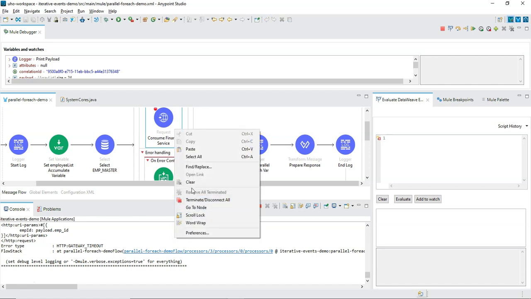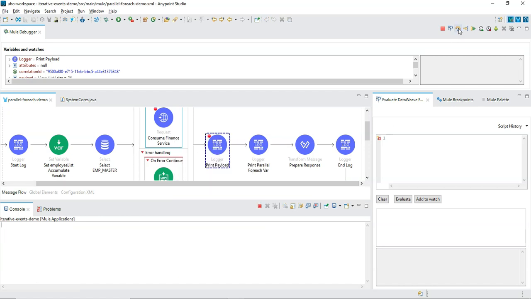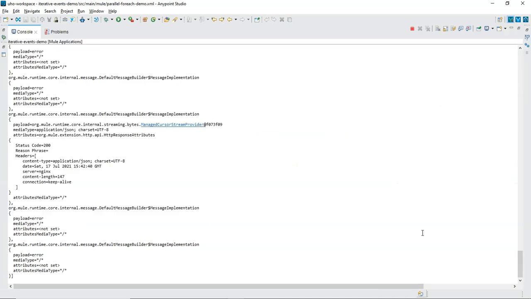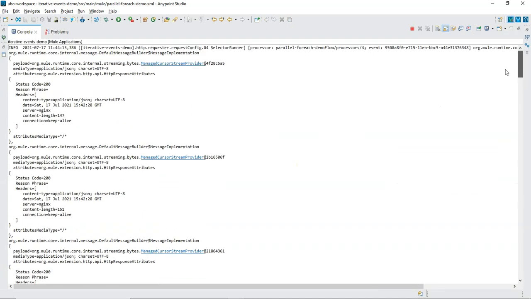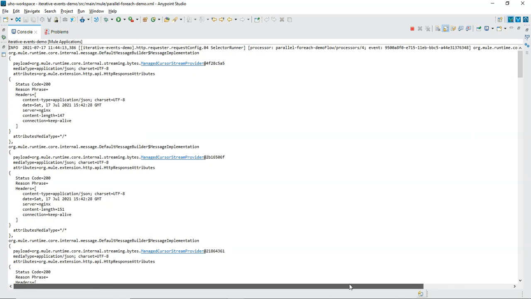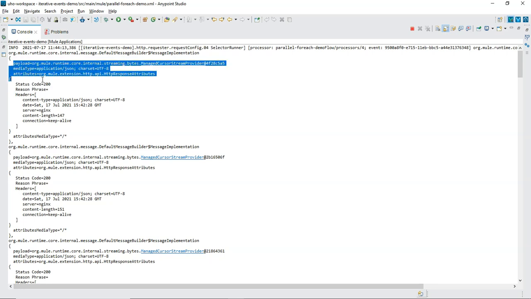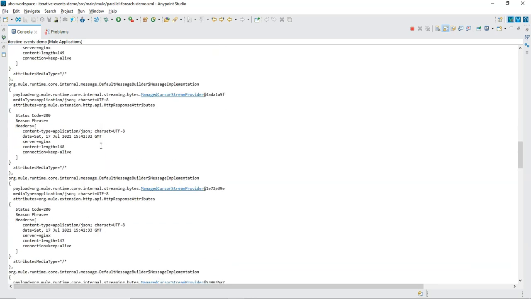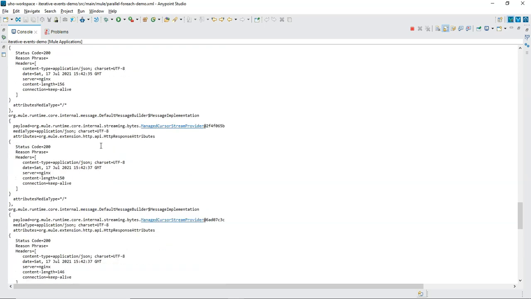Let me clear the console and see how it prints the payload now. And we notice the payload. So obviously it would be the collection of 24 aggregated records, and that contains a Mule event message including payload and attributes. It has printed as success until 20 records.